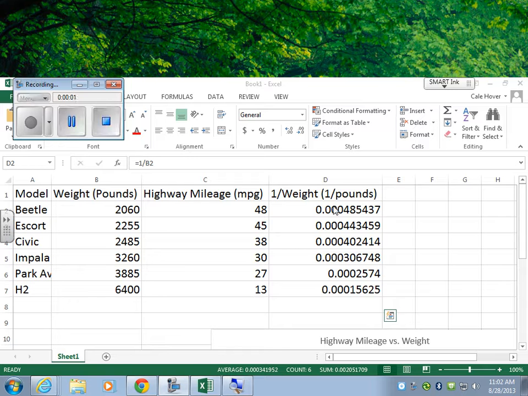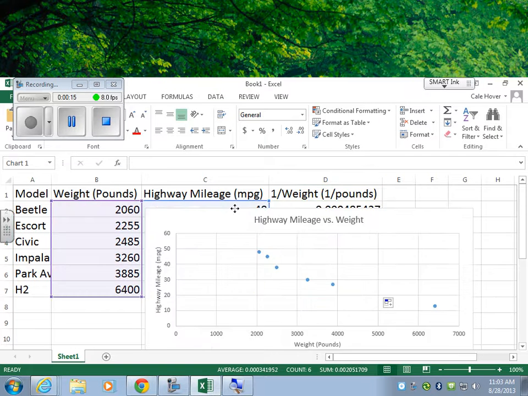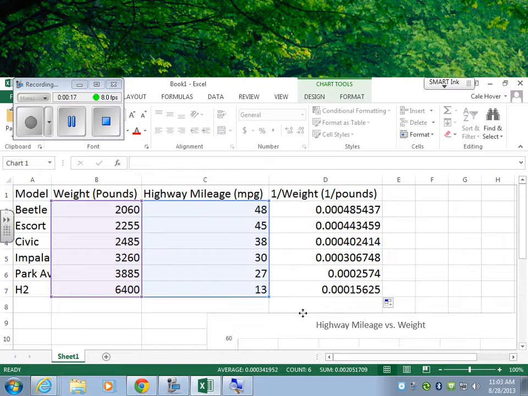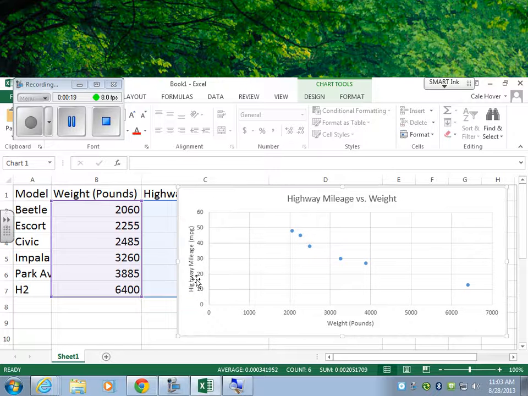Okay, so we have our modified data column, and again, we chose to calculate these based on what the reading tells us to do for an inverse relationship. What we want to plot are the y values unmodified. Okay, so we want to plot the y values just as they were versus 1 over the weight. So we're going to make an entirely new